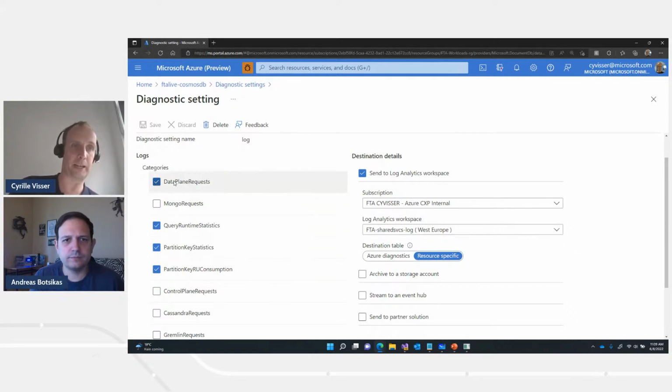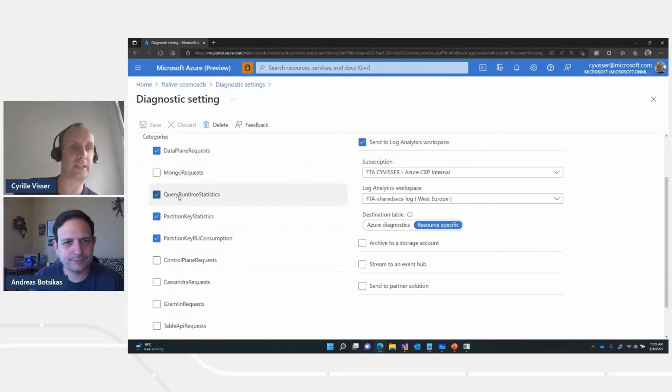So the first one is data plane request. This basically means all operations on Cosmos DB, for example, that point read would show up as a data plane request. Well, Mongo request, we're in SQL API, so there's no point in capturing that. If we want to examine our queries, we want to see our most expensive queries,